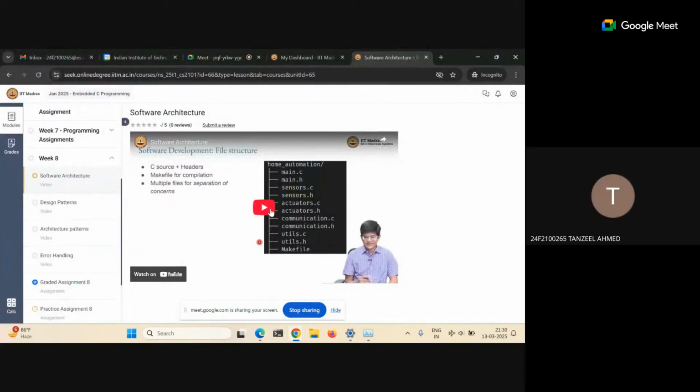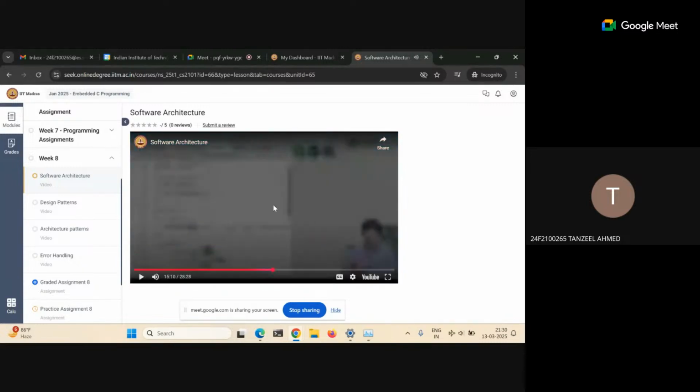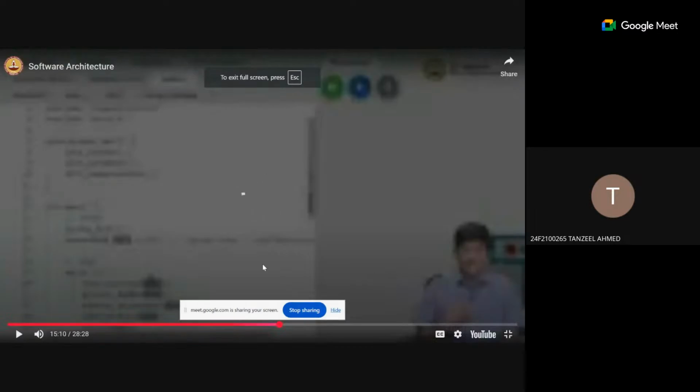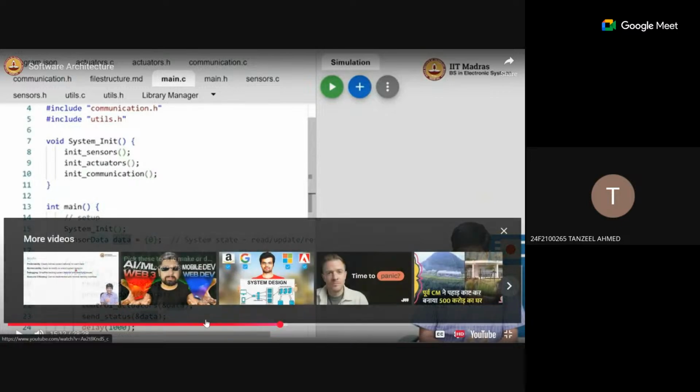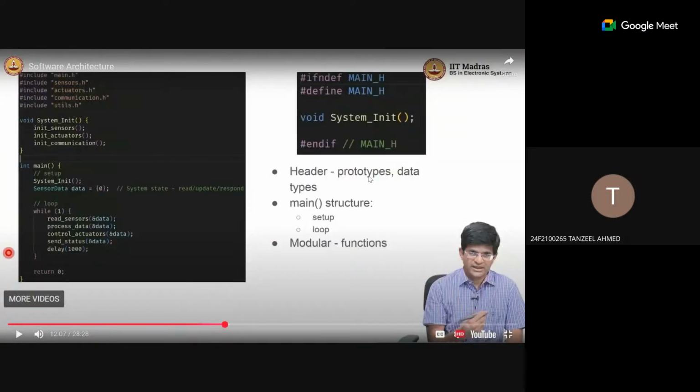Okay, so in this lecture, the professor has shown at some points, I'll just full screen this, in this code how we have included a lot of .h files.